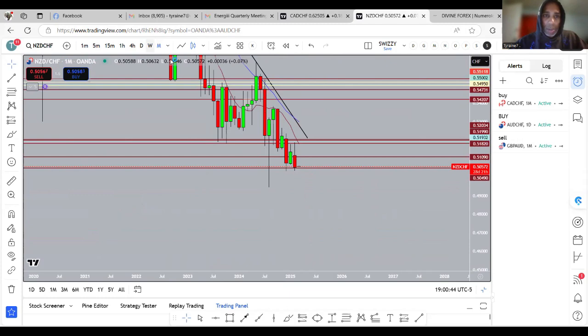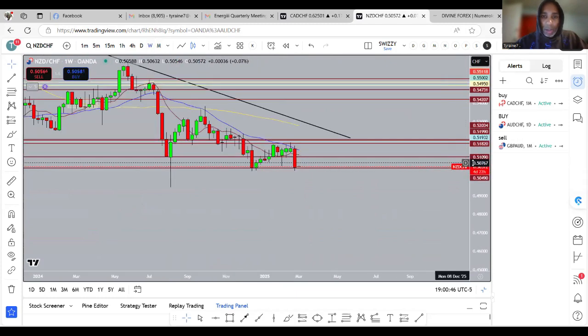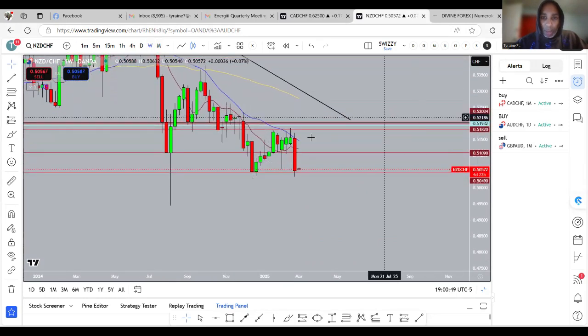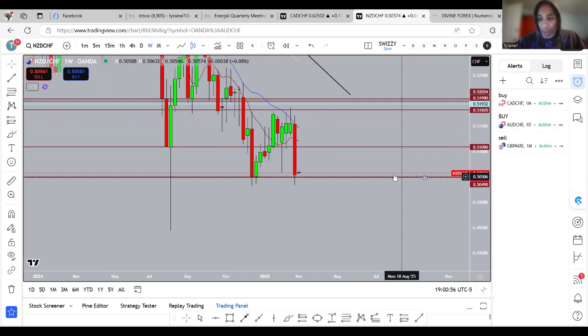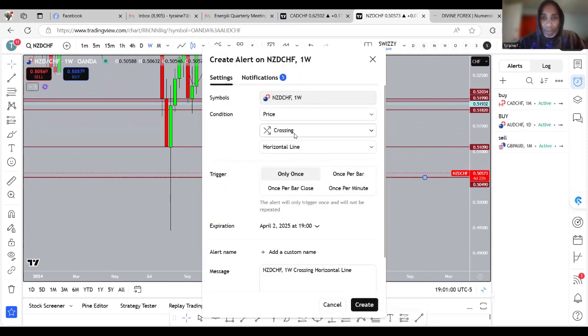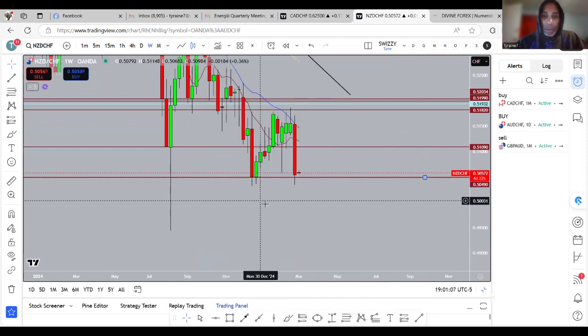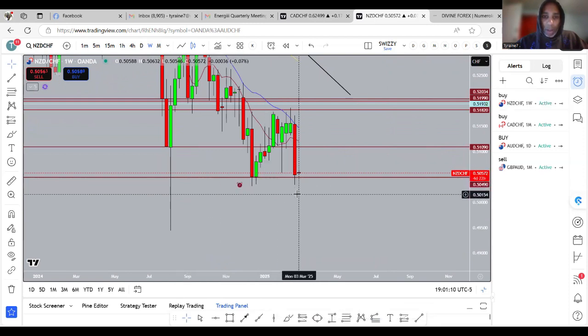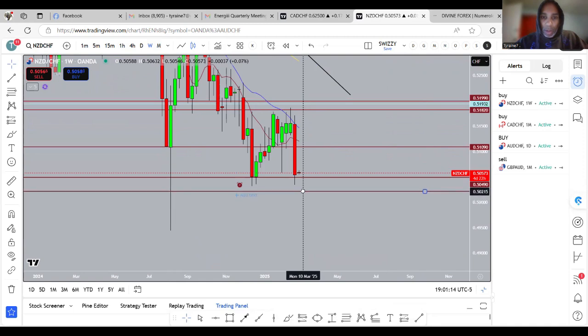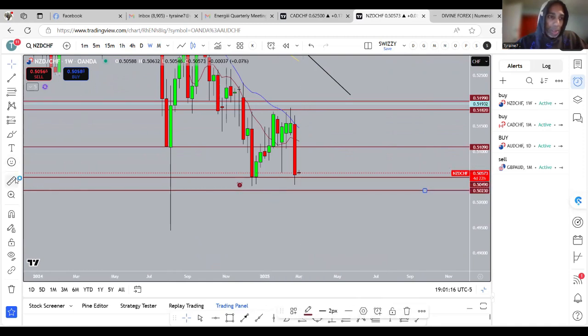And we got a buy signal on the weekly. So right now would be, I guess, the time to buy. Maybe you could put a buy limit right here at 0.50490. This is not a bad space to buy at. Let's see, buy here. And if you were to buy here, the stop loss would be somewhere down here, which would give you a,